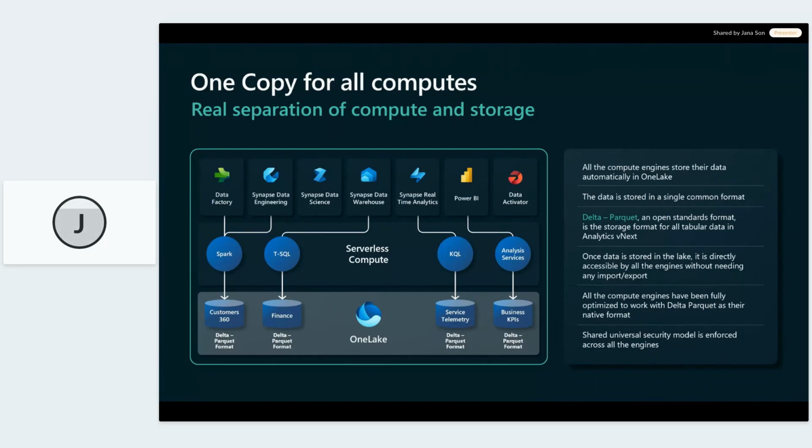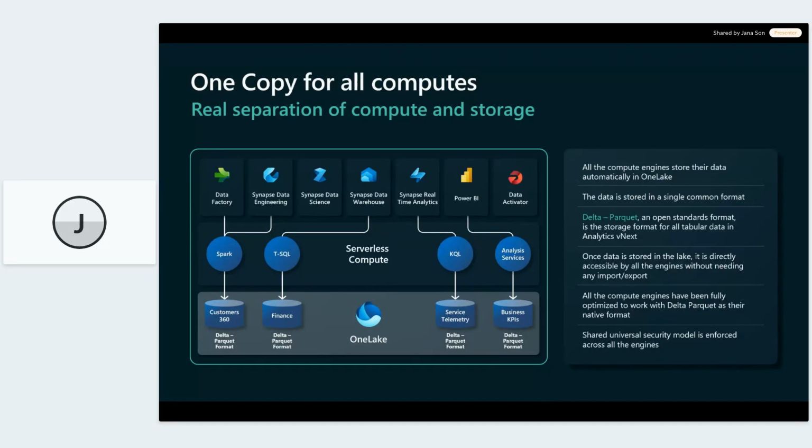Because again, if you recall how it was in the past, if you created a database in Microsoft SQL Server, it meant that you're using a proprietary storage format. It was accessible only via Microsoft SQL Server. So it was a closed format, only SQL could read it. And now when we work in Fabric and we create a table, for example, one of the engines stores its data in OneLake. Because it's stored in the Delta Parquet format, it effectively makes it accessible by any tool that's compatible with Delta Parquet. And Delta, of course, is very widely used in the open source community.